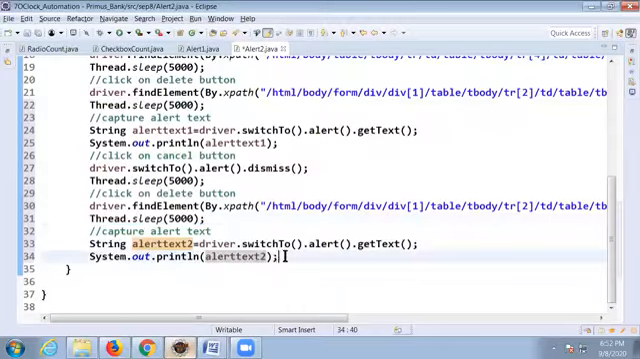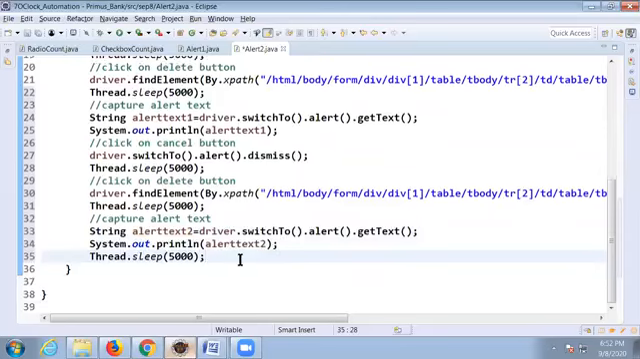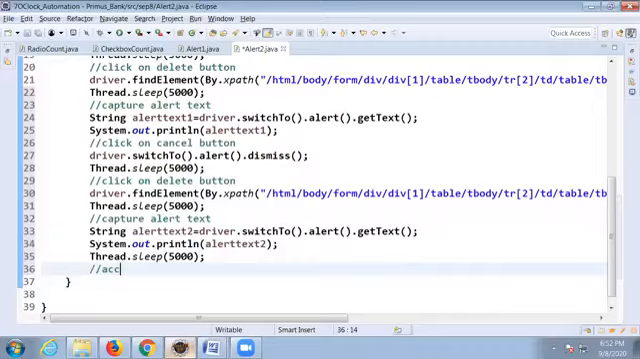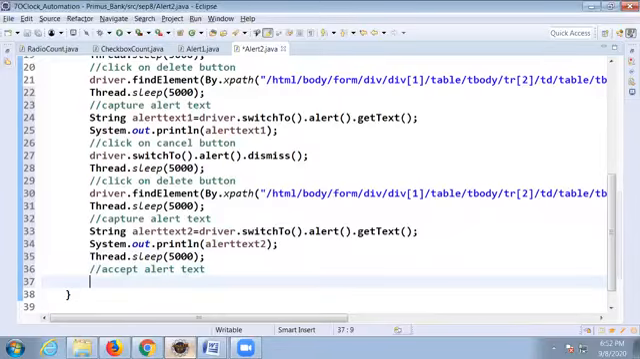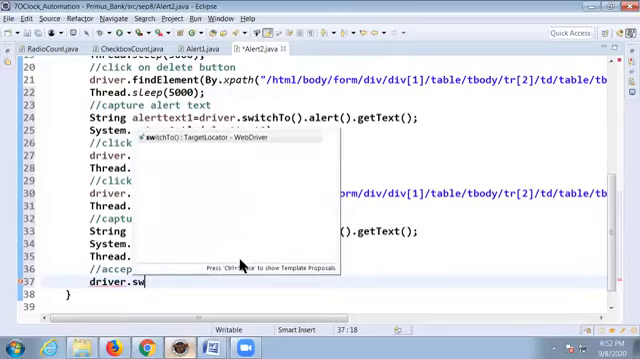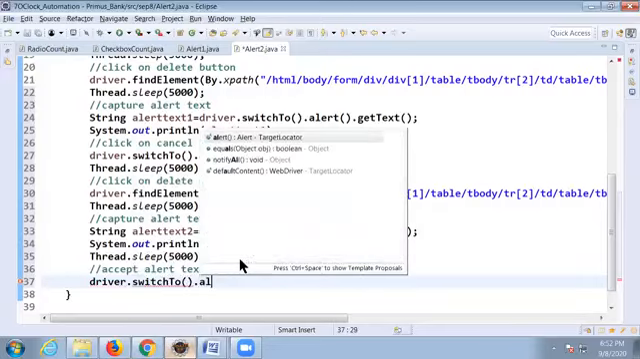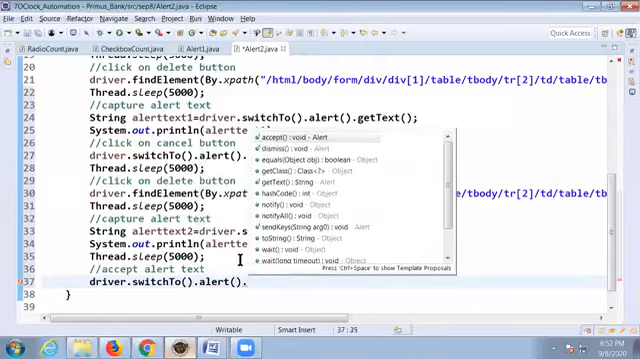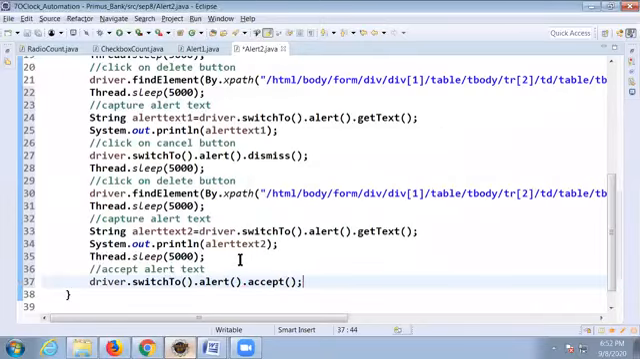Yes, now you got the alert message again. It captures the alert message. What do you want? Now you want to accept or dismiss again? Accept. Accept alert text again. How to accept? driver.switchTo().alert().accept();